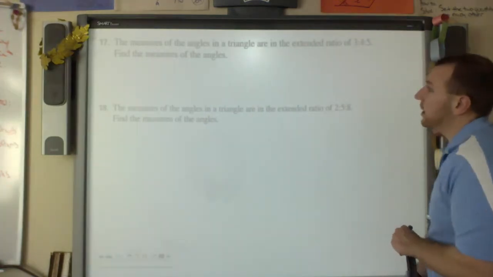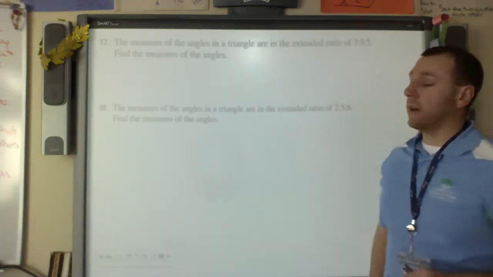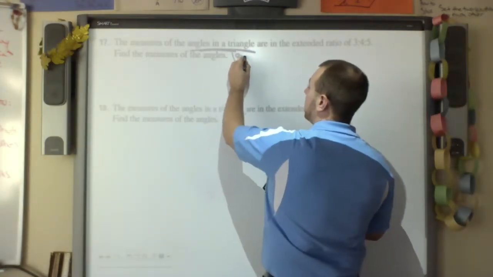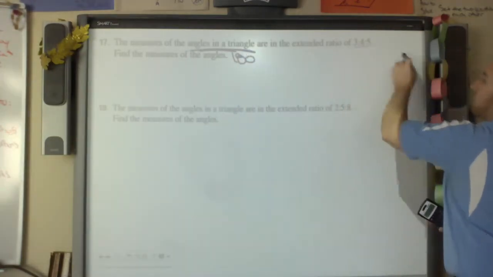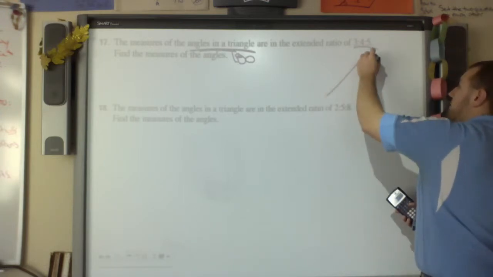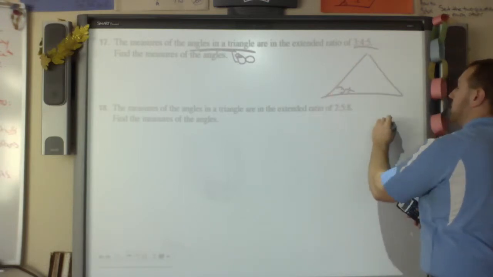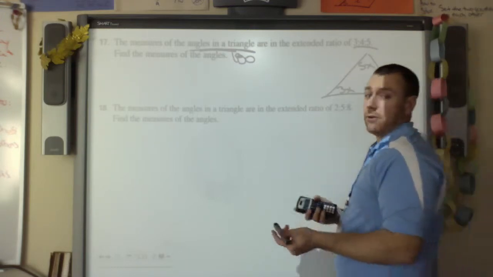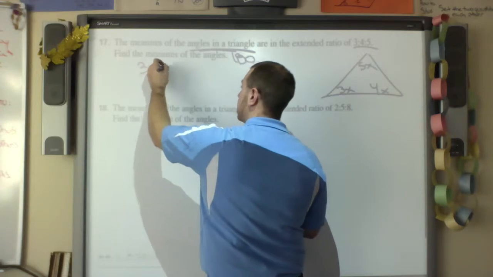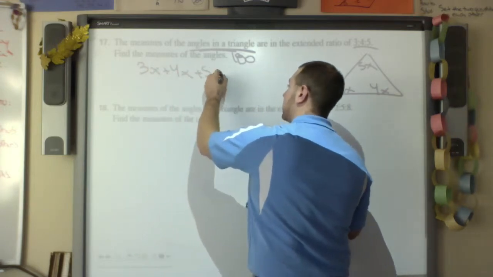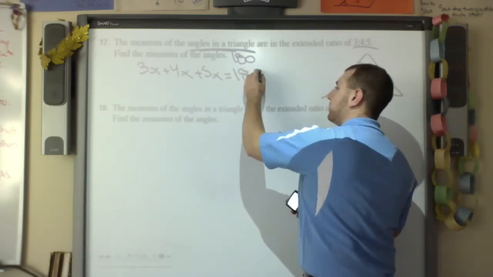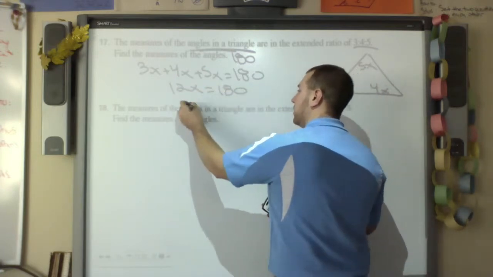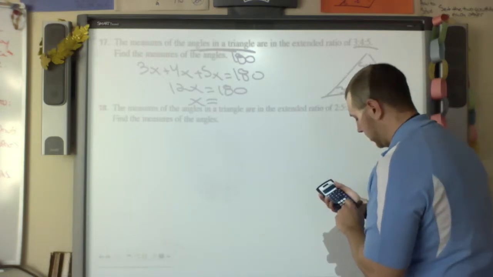The next step is using ratios to find angles. Remember, angles in a triangle add up to 180. So when it says 3 to 4 to 5, that means one angle is 3x, one angle is 4x, and one angle is 5x. So all I would do is 3x plus 4x plus 5x equals 180. So 12x equals 180. So x equals